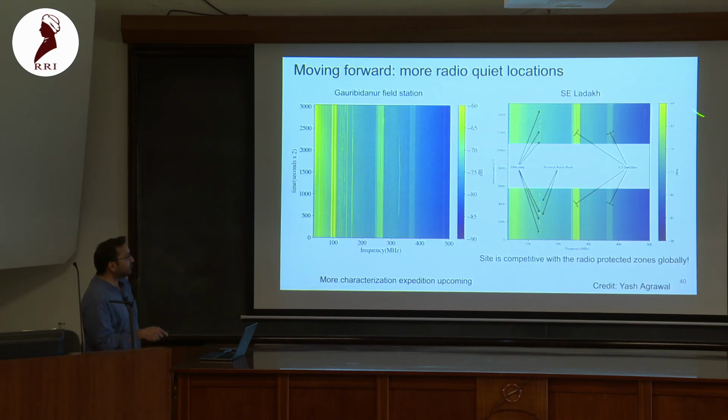And just to show the kind of sites that we have found, this is the time-frequency plot, which is what we use as a first stage to look at a site's loudness, frequency versus time. All these different stripes are basically the interference signals.